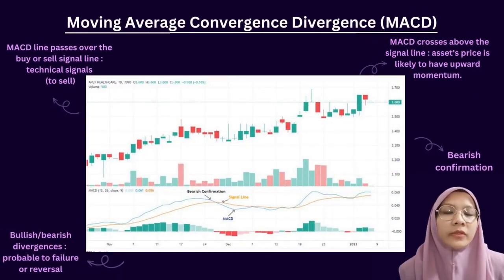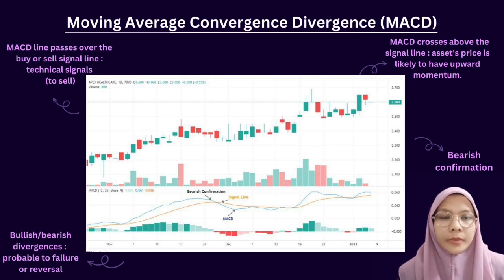Now, let's talk about Moving Average Convergence Divergence (MACD). By deducting the 26-period exponential moving average (EMA) from the 12-period EMA, the MACD line is calculated. The MACD line's 9-period EMA serves as the signal line. When the MACD line crosses over the signal line, MACD generates technical signals to buy or sell. Investors can also be alerted by this indicator to bullish or bearish divergence,